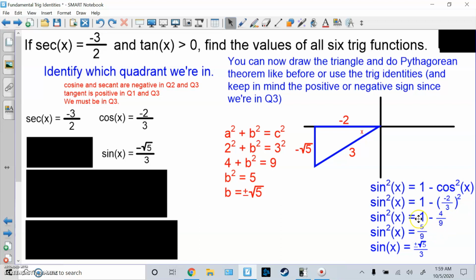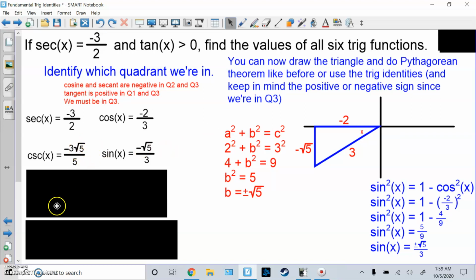Then we're going to combine like terms, common denominator, so 9 over 9 minus 4 over 9 gives you 5 over 9. Then get rid of the square power, you square root both sides. Square root of 9 is 3, square root of 5 is root 5, and it's plus or minus, but again you should know that this is negative because we're in quadrant 3. Once you know this, you can flip it to get cosecant. Make sure you rationalize the denominator, so it's negative 3 over root 5, times root 5 over